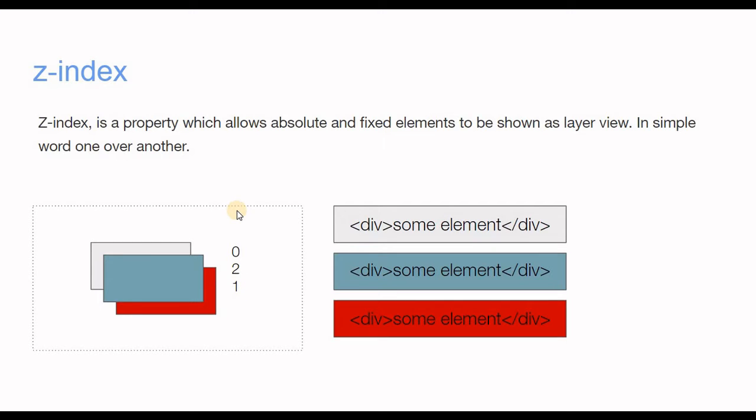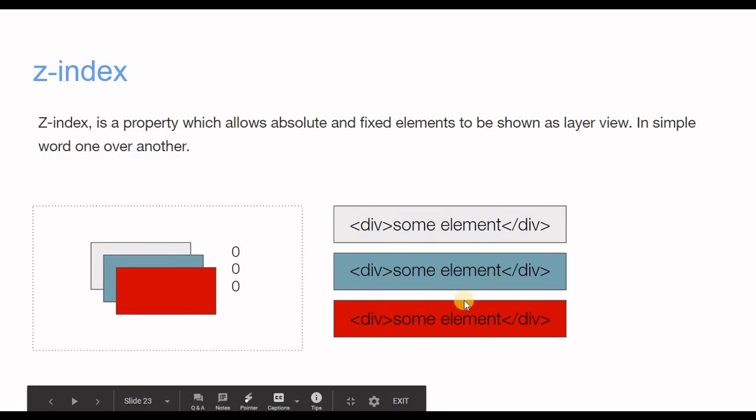If we don't decrease the Z index of the red element, nothing will change, because both items will have the same Z index as before, 0 and 0, and the last element will get the first order.